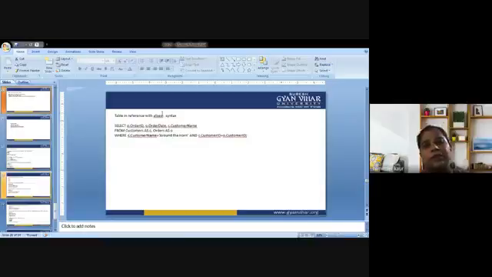So the table reference with aliases syntax is select o.order id, o.order date, c.customer name from customer as C and order as O. The customer table is represented as C and the order table is represented as O. That is why we are using shorthand here, O and C. Where C dot customer name is equal to Around the Horn and customer ID is equal to order dot customer ID.